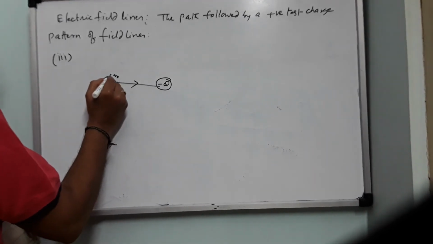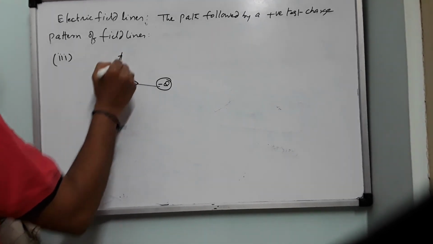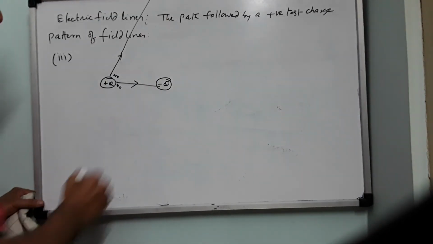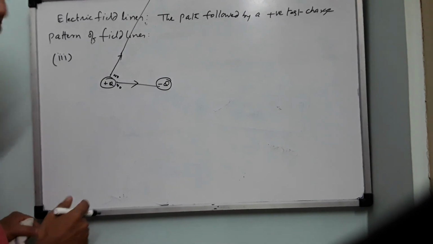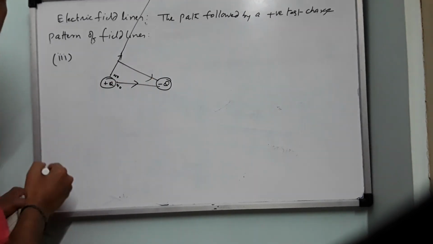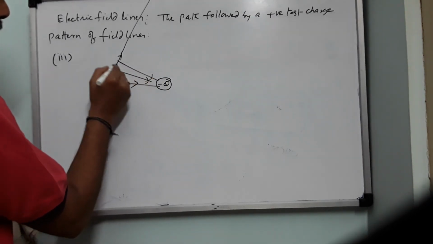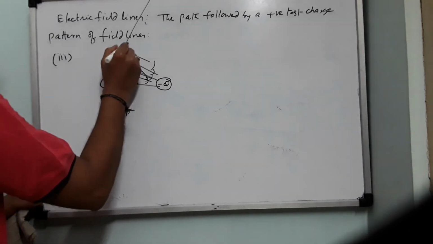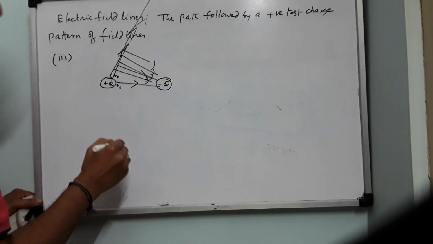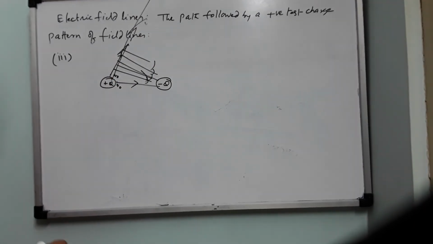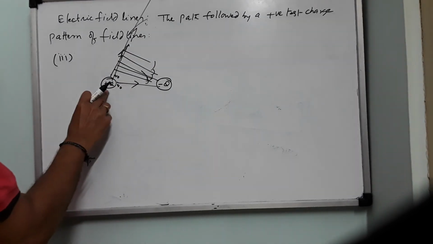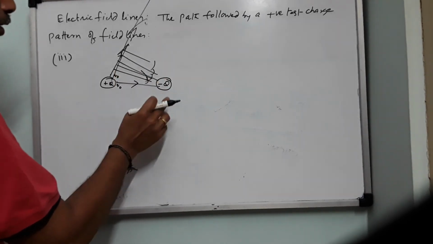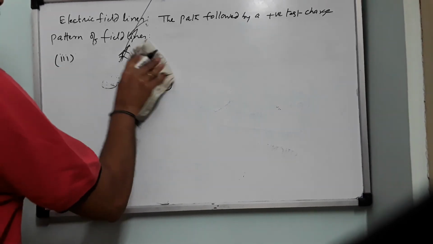If I place Q0 here, what will happen? Because of this plus Q, it will be repelled like this. And if minus Q is not present, it would have gone like this. But minus Q is very much existing. So therefore it will try to pull it like this. At every point it will be trying to pull like this, and this will be repelling like this. So now this charge has to mobilize two forces: force of repulsion due to plus Q and force of attraction due to minus Q. As a result, what will happen? This line will become a curved line.